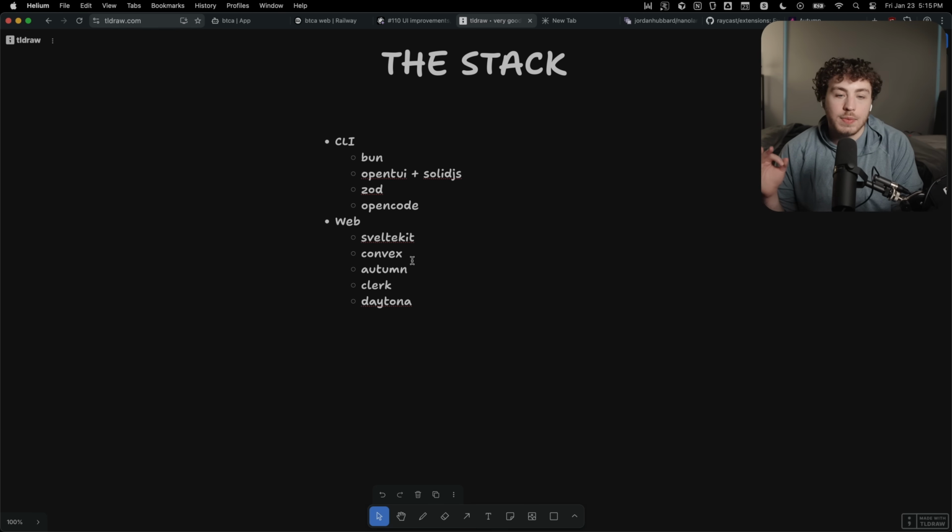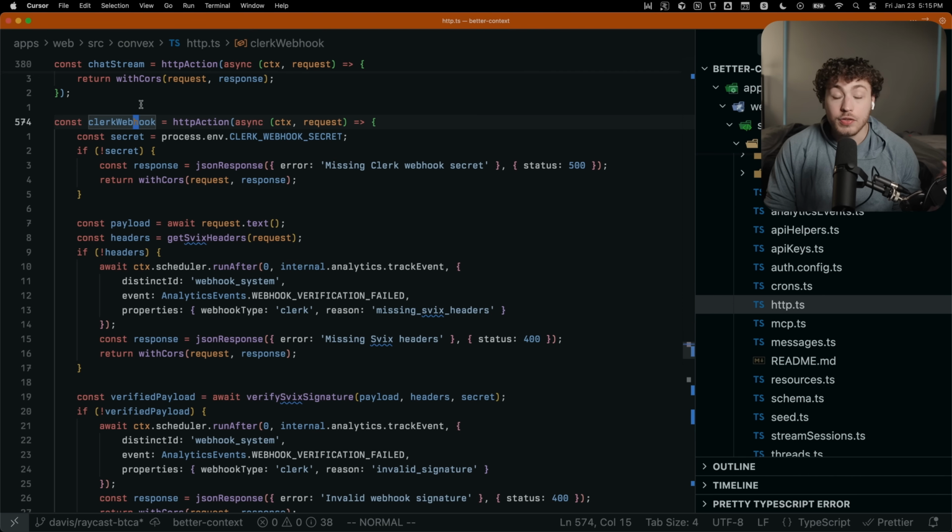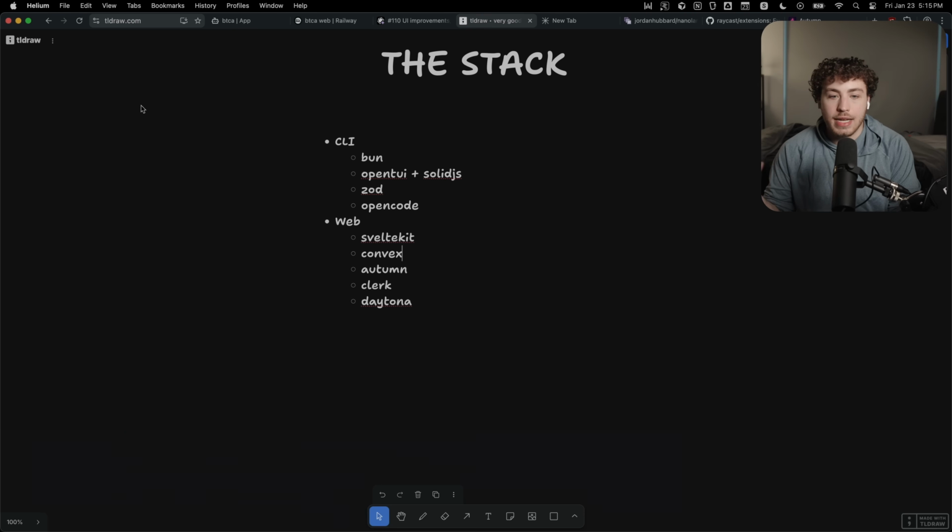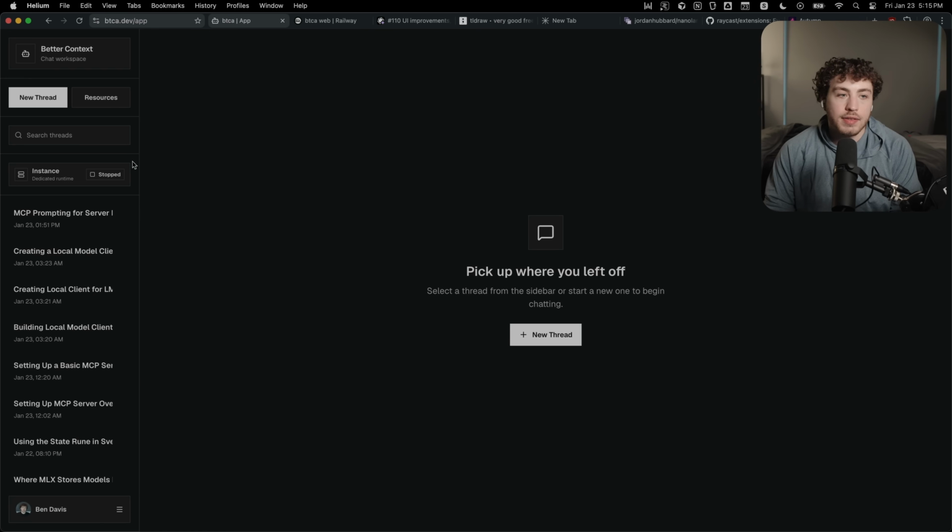And the reason for that is because webhooks become trivial in Convex. Since even in dev, Convex is running remotely, I have a remote URL for my Convex instance. It's really easy for me to spin up my Clerk webhook system on Convex because it's just a static endpoint that I can just hit every single time, even in dev and in prod. It just works really well. Did the same thing for the Daytona webhooks, and I need webhooks in this because you can see in here,